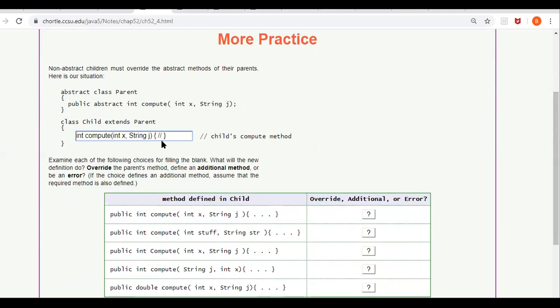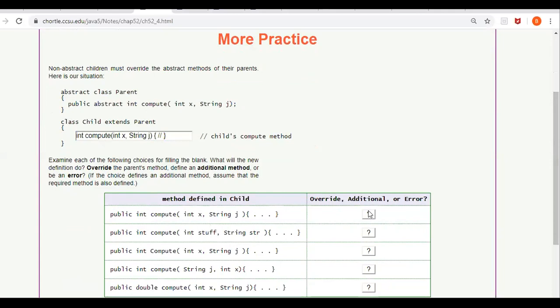So here the question is, when you write something here, what will happen? Will it override the method which is defined in the superclass, or will it create a new method, or will it create an error? If it is of this format, public int compute(int x, String j), it is the actual format.